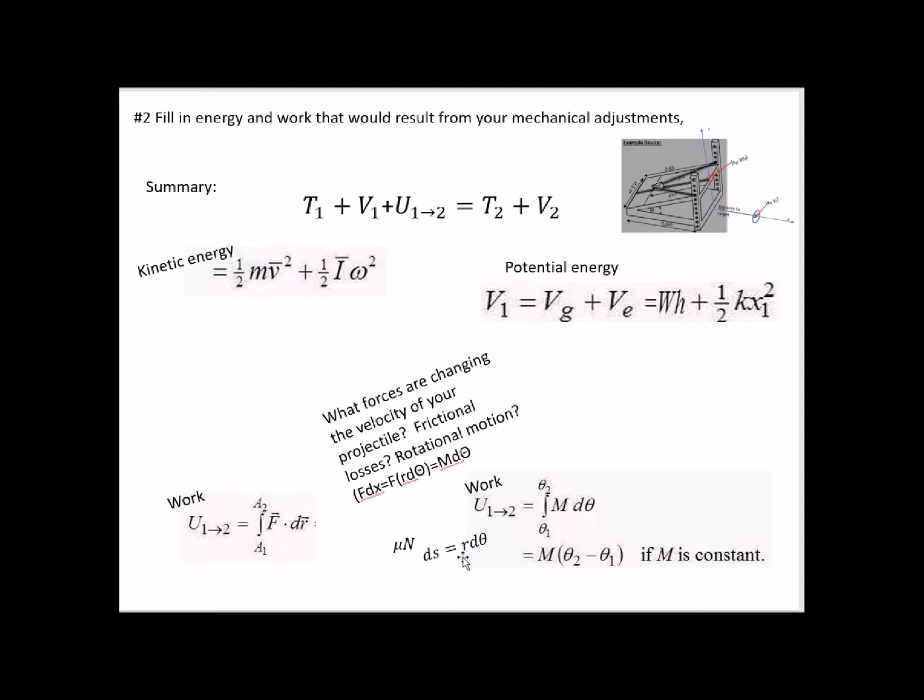So you could look at how far through the rotational angle it goes, and then you can decide, is this a linear spring? Is this a non-linear spring? There's a moment through an angle, force r d theta, or if it's straight line motion,